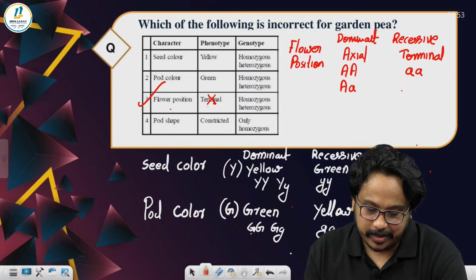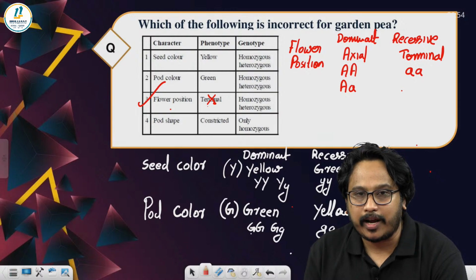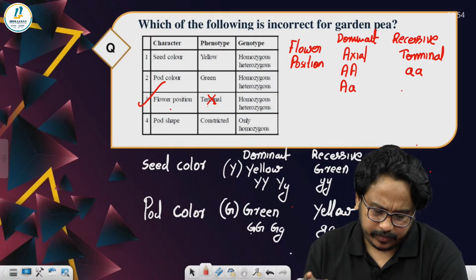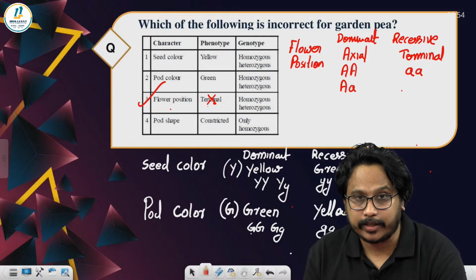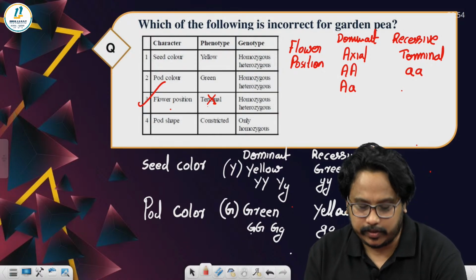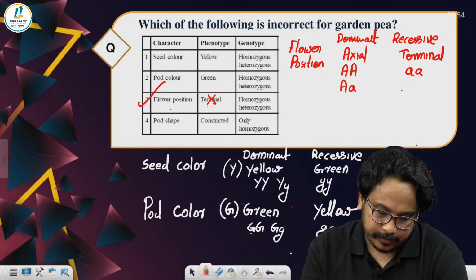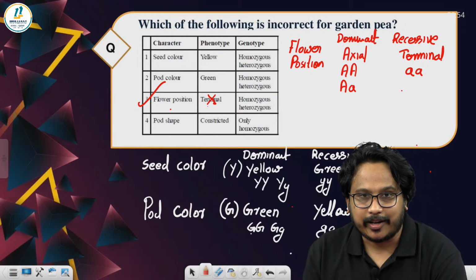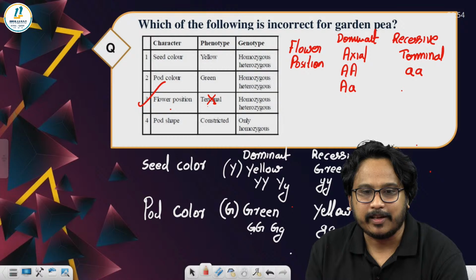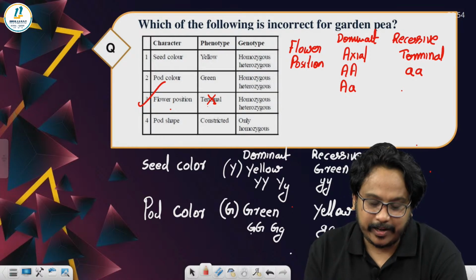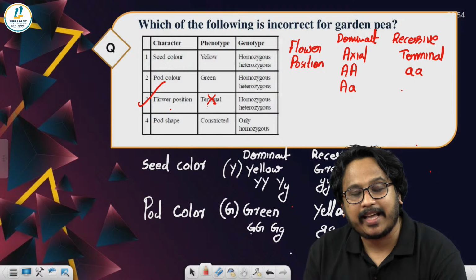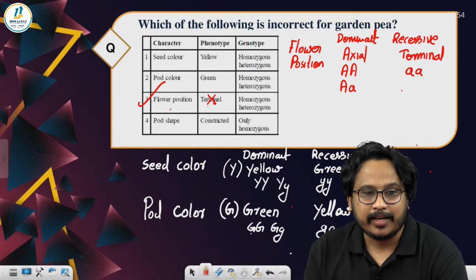So the remaining 3 also let me tell. Stem height, tall and dwarf. Tall is dominant, dwarf is recessive. Then the flower color, violet and white. Violet is dominant, white is recessive. Then seed shape, round and wrinkled. Round is dominant, wrinkled is recessive. So that's all about the 7 characters in the pea plants based on which the experiments were conducted by Gregor